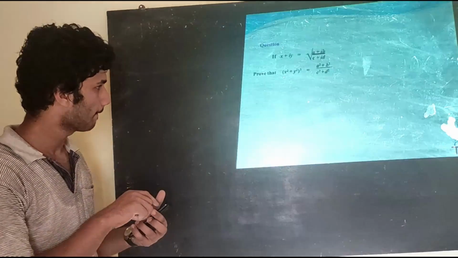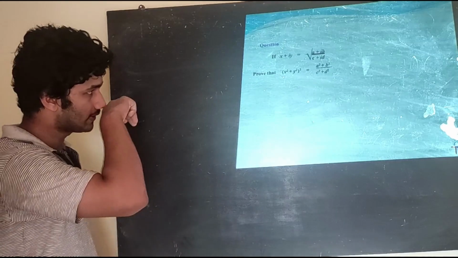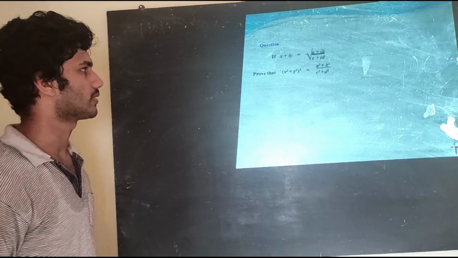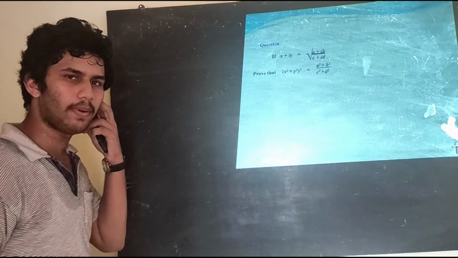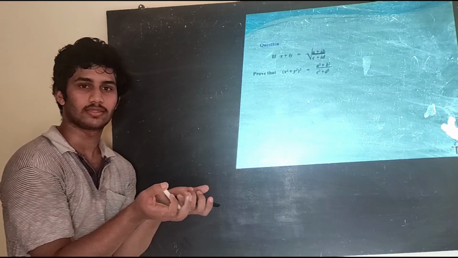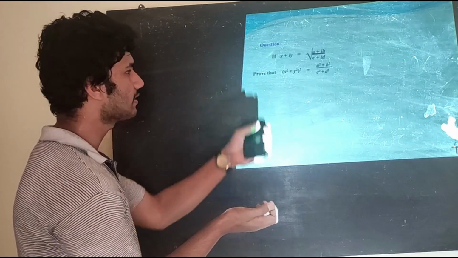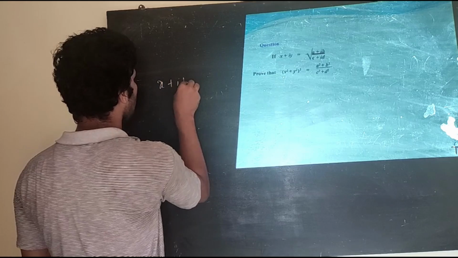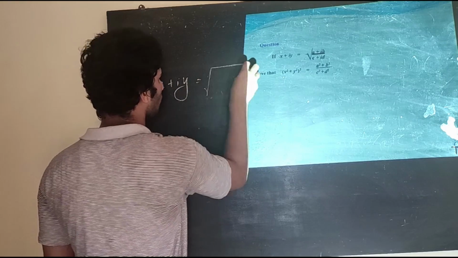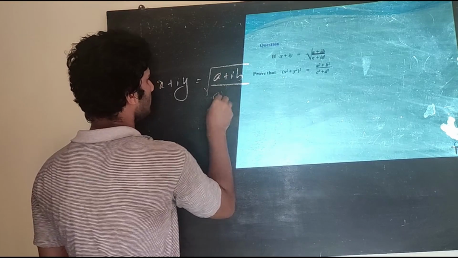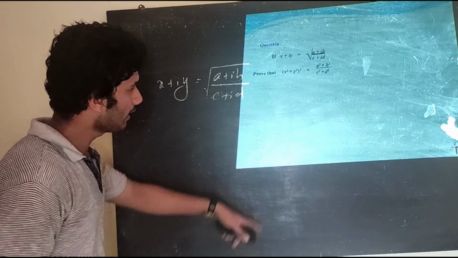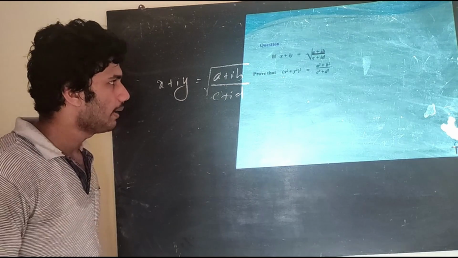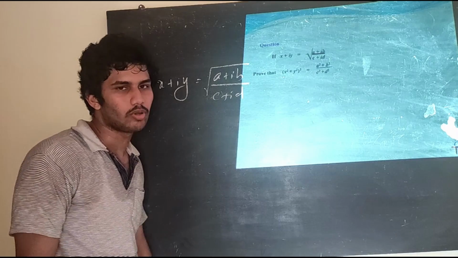So we'll move on. This is a question from your NCERT. NCERT miscellaneous question. It is so simple when you understand what is modulus. The modulus concept makes it super simple. Let's do it. We have x plus iy is equal to root of (a plus ib) by (c plus id). Then we need to prove (x square plus y square) the whole square is equal to (a square plus b square) by (c square plus d square).